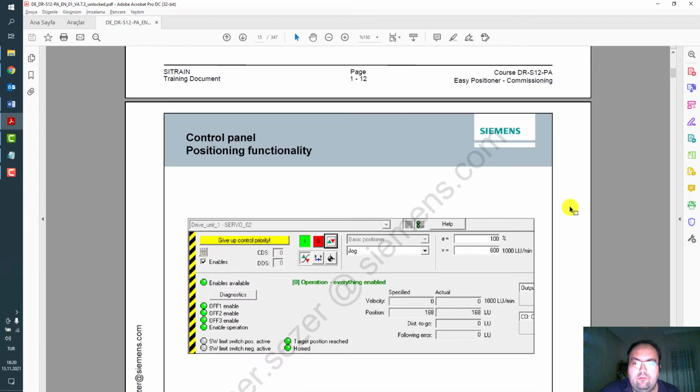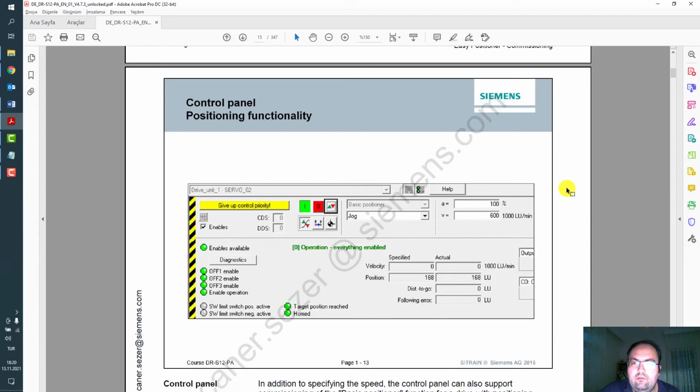In our commissioning and service training, if you examined and watched videos during the training, you have already used the control panel for commissioning the positioning functionality.